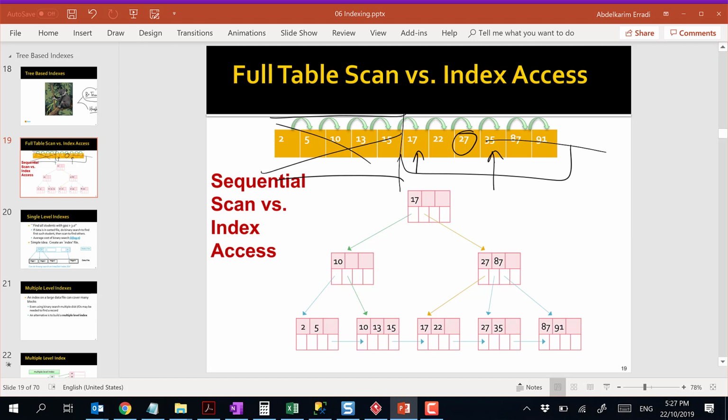And then I keep breaking until I fall into the value that I'm looking for. I can do this, which is called the binary search. I can only do it when the values are sorted. If they are not sorted, the only way to find what I'm looking for is a full scan. Now, if I have an index, I can basically do an index access, and this will speed up